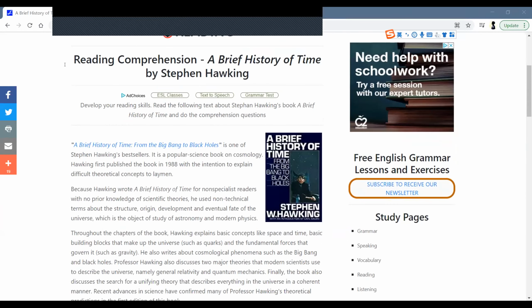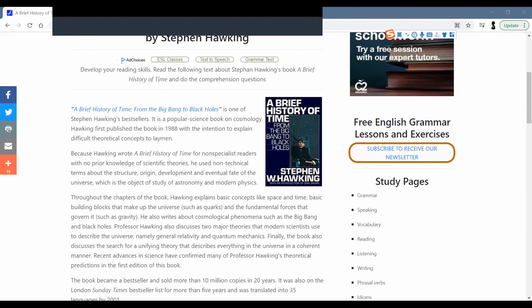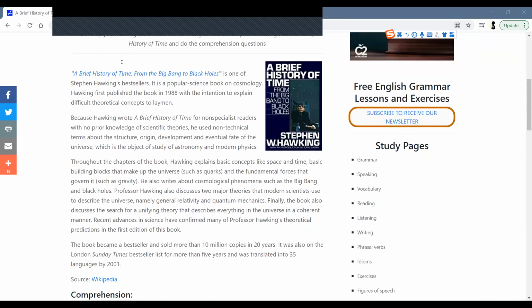All right. A Brief History of Time from the Big Bang to Black Holes is one of Stephen Hawking's bestsellers. It is a popular science book on cosmology. Hawking first published the book in 1988 with the intention to explain difficult theoretical concepts to laymen. Because Hawking wrote A Brief History of Time for non-specialist readers with no prior knowledge of scientific theories, he used non-technical terms about the structure, origin, development, and eventual fate of the universe, which is the object of study of